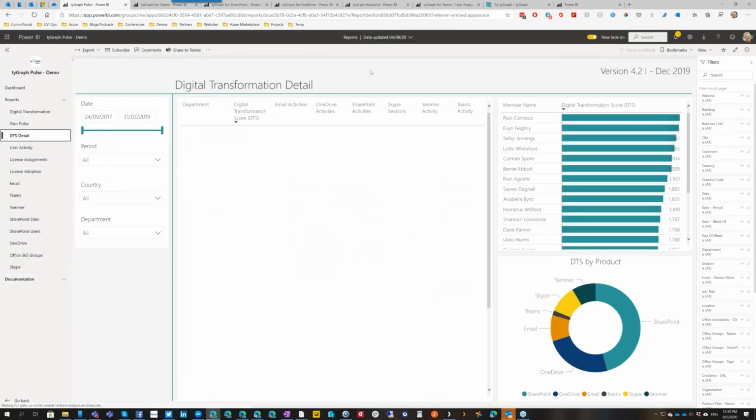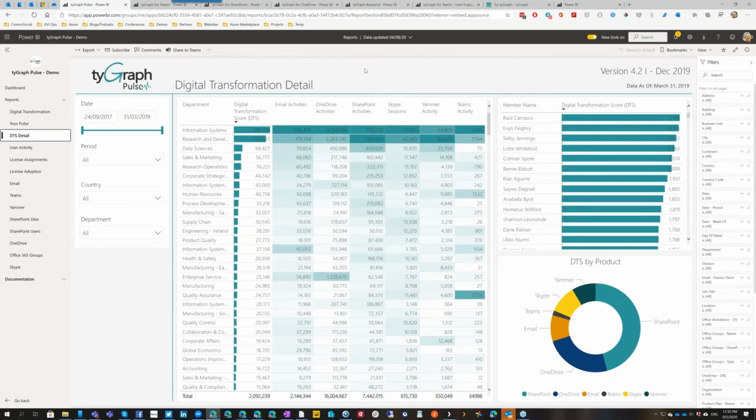And here's how our organization is transformed by department and by user. So you can see our most transformed user is Raul Carrasco, and the information systems, not surprisingly, is our